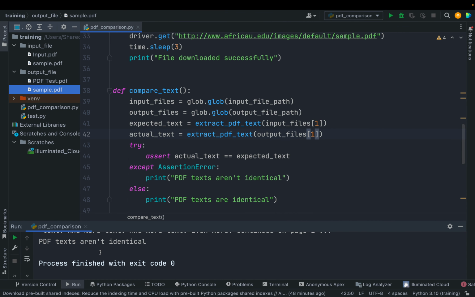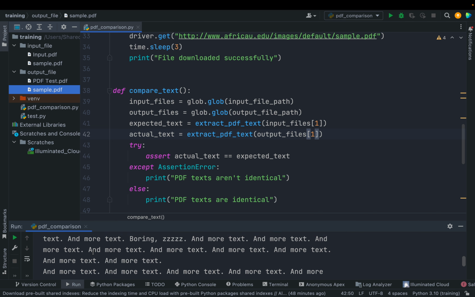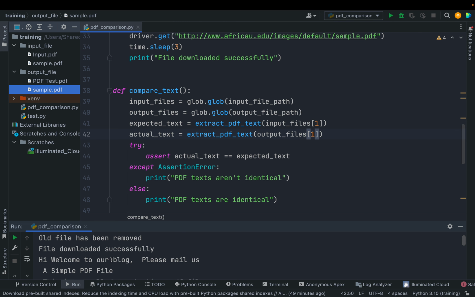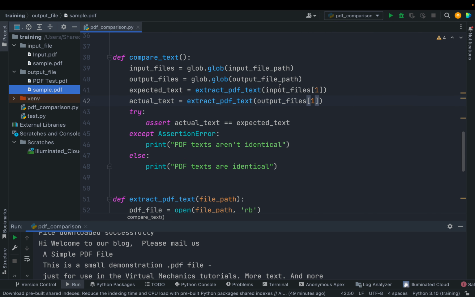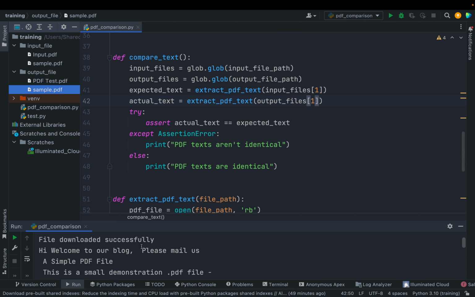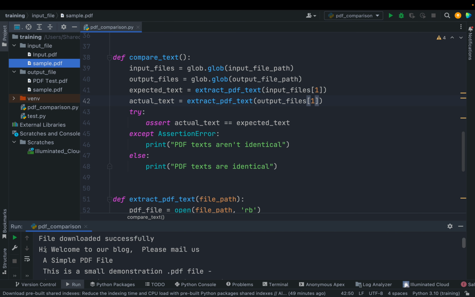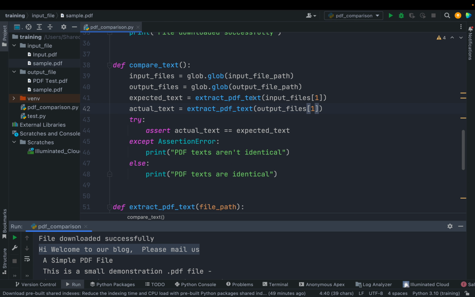Yeah, the PDF text, and then sample.pdf. Okay, now, sorry, it says PDF texts are not identical. Why does it say that? The file has been downloaded. Hi, welcome to our blog. Input file 1 should contain the file from sample.pdf. Okay, so here the sample.pdf file is the second file, right? Welcome to our blog. The content from the first file is being shown here, so that's why it says PDF texts are not identical. So extract input file 1. Input file 1 should contain the sample.pdf, but